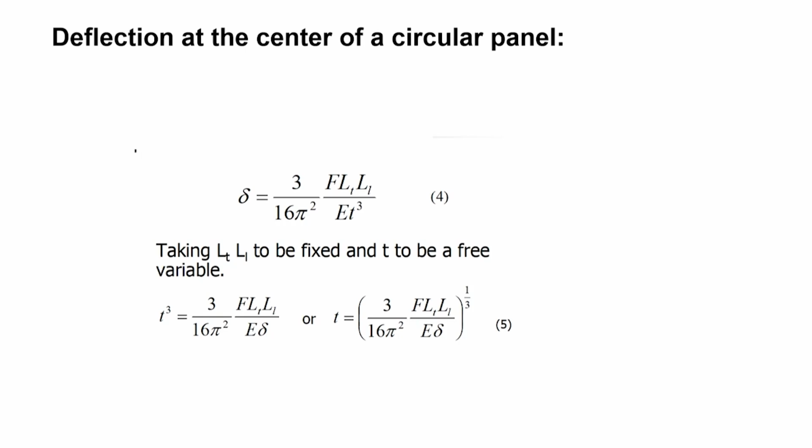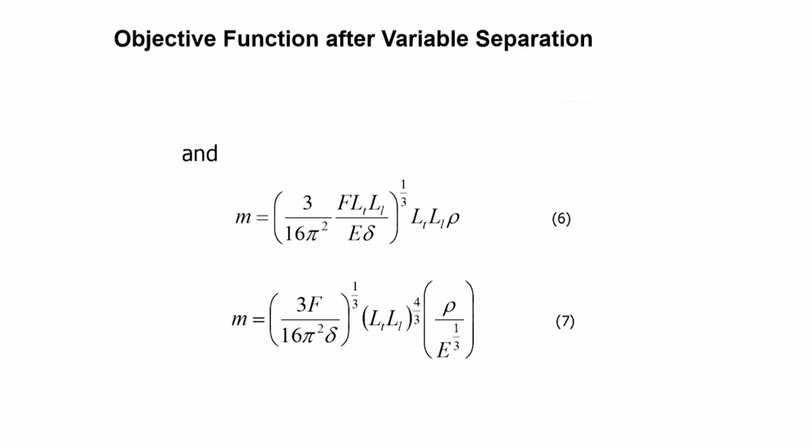The question now will be, what is the deflection? This is why we had chosen a circular panel, for which a nice closed form relationship exists, that gives us the deflection with respect to the force. Now, LT and LL, the size of the panel is actually fixed. So, I can express the only free variable thickness, and I can express thickness in terms of all the other parameters. And if I express thickness in terms of all the other parameters, then I can rewrite the mass of the system. And then exactly what we have done for that simple timer case, I can divide this entire thing